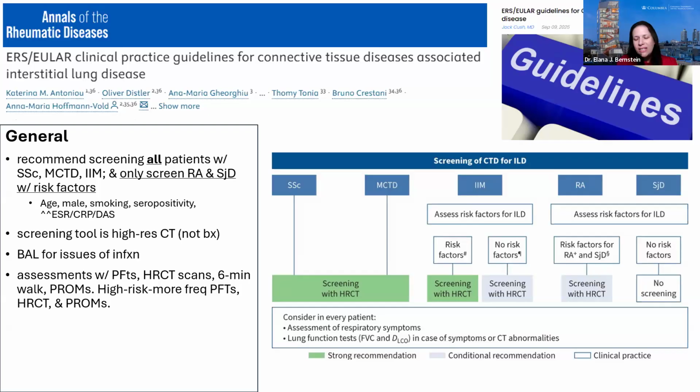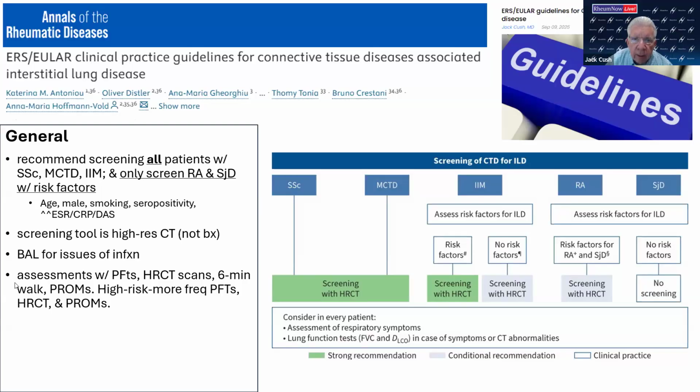Now, there are reasons why you might not, insurance coverage, things like that, cost, sure. But I think it all comes back to shared decision making, and that was something that the ACR chest guidelines really emphasized. And so risk factors are helpful in that conversation too. Certainly someone with more risk factors is more likely to need to be screened than someone with no risk factors, but it's still a joint decision to be discussed between the rheumatologist or pulmonologist and the patient.